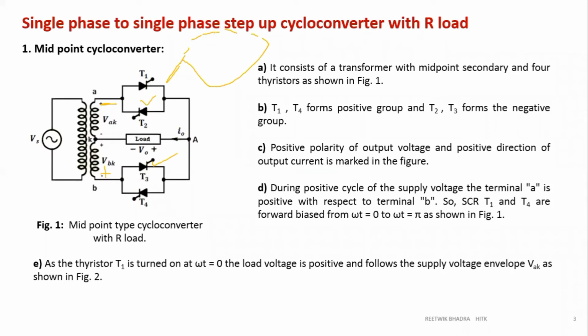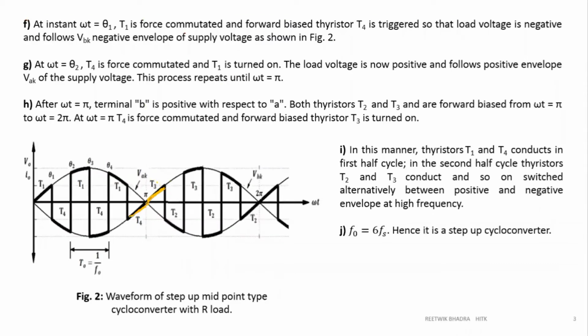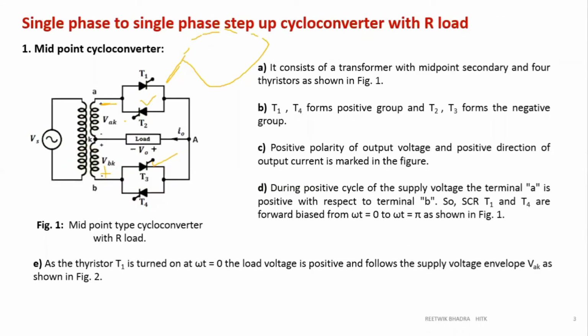Now in order to get the dotted line, which voltage should be present as the load voltage? VBK. Now in order to get VBK at the output voltage, which thyristor should be on? T3. So that's why after T4, T3 is given the pulse, not T2. Please be very careful with this. Which switch should be given the pulse? Because after a negative cycle, you need to get a positive cycle. And in the second cycle, which voltage is positive? VBK. To get VBK at the output voltage, which thyristor should be on? T3.